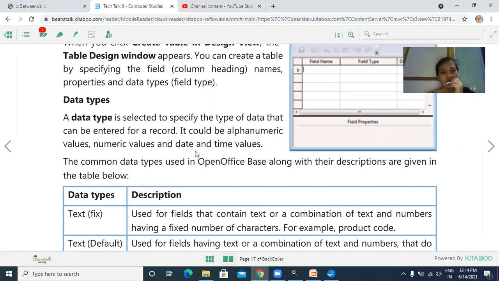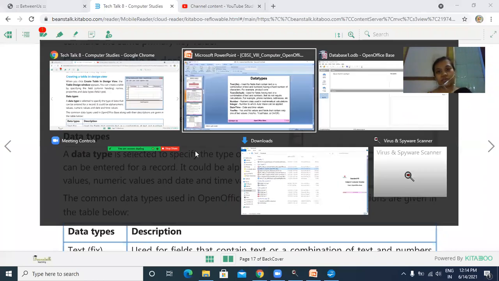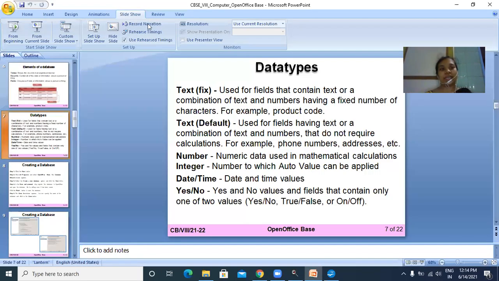Okay. So for the roll number, you say it will always come in the number form. It's a numerical value. Whenever you are writing your date of birth, it will always be in the date form. वो date का ही type होगा. So yeah, let's learn about the data types.